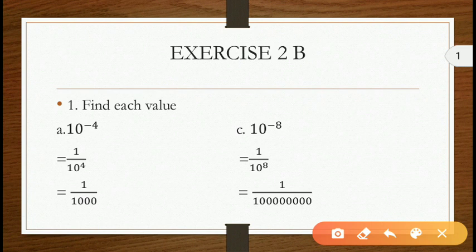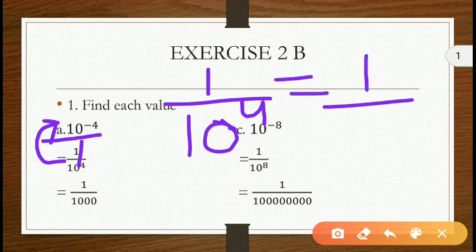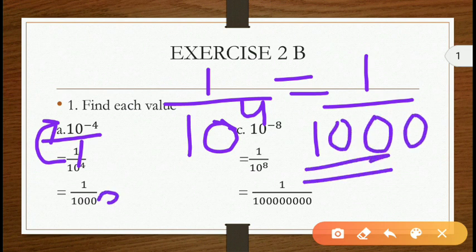So the first thing you have to do is convert the negative sign into a positive sign. How will you convert? You write the reciprocal of this number, meaning 1 upon 10 to the power plus 4, since the denominator of 10 to the power minus 4 is 1. So when you write the denominator as numerator, it is 1 upon 10 to the power 4, and this minus 4 converts into plus 4. We can write this 10 to the power 4 as 1 and 4 times 0. This is your answer. Here should be one more 0.